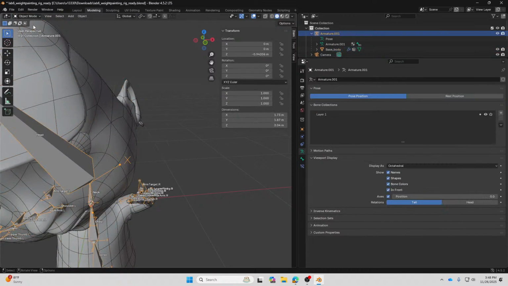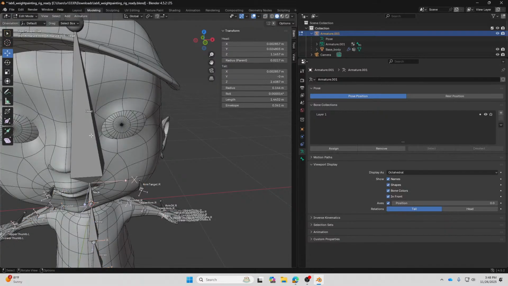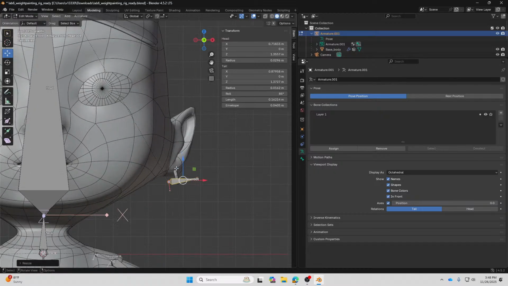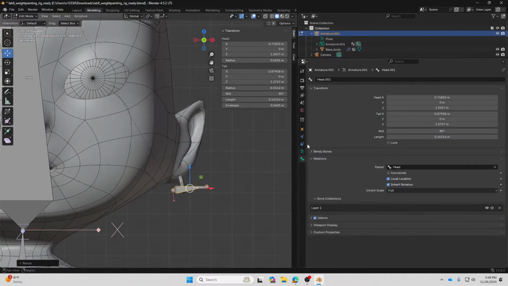And click on the bones. Edit mode. And we're gonna extrude a bone from the top of the character over here. And then I'm going to Alt P, disconnect bone, and then move this one around the area of the earrings. And I'm gonna rename this bone as earring, for example.